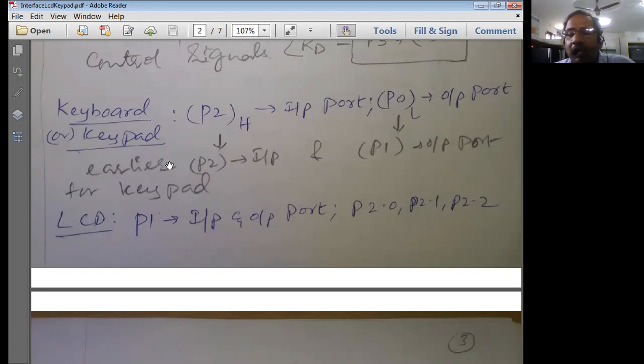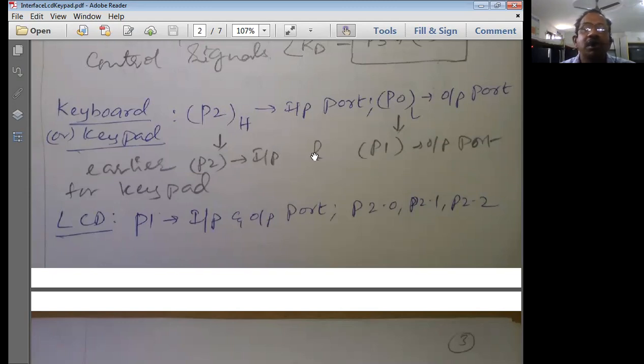It doesn't mean that you can't use port 3 as an input port or output port. You can use it as an input as well as an output port, but we never do that. We use port 3 only for the specialized operations. So let us leave it like that. I am not touching port 3 in order to interface keypad and LCD to the microcontroller.